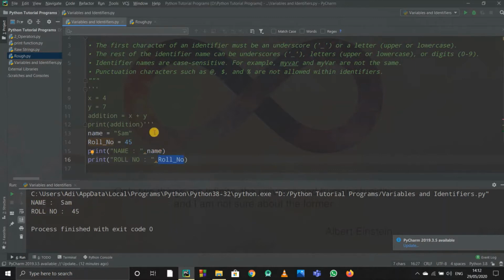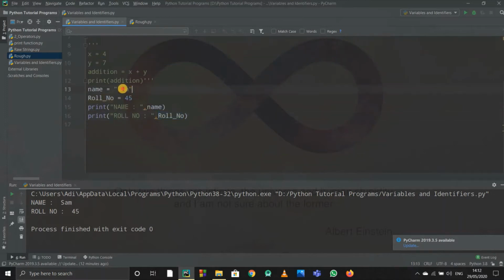That's how it works. That means you just need to understand what variables are. Actually these two things, this is a string and this is an integer. But we'll see, these are all data types. We'll see all of them in the next video. Actually in this video I just need you all to understand what variables are. So we'll see data types in the next video. So that's all for this video. Thank you.